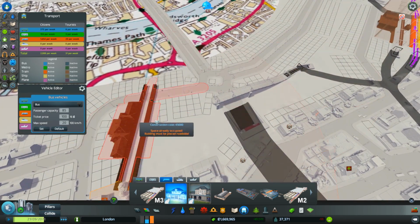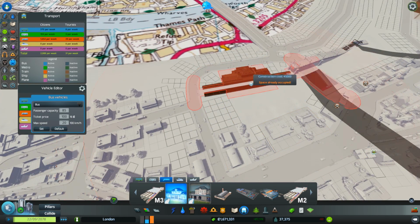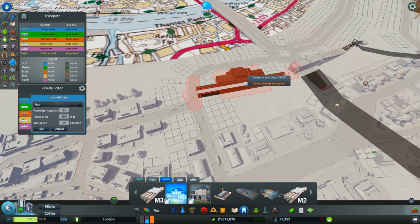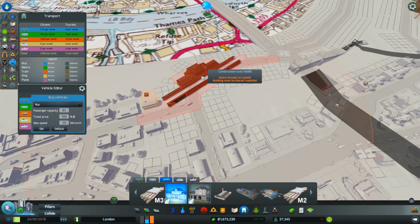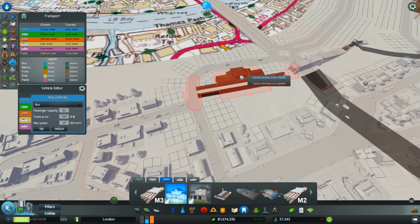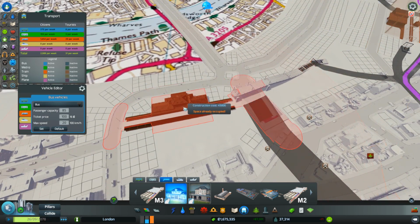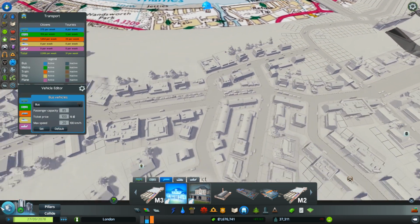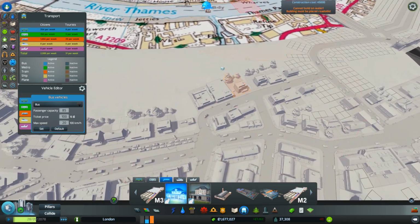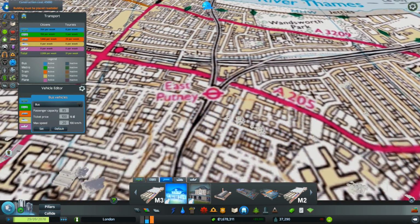So we may have to skip Wandsworth Town, which I've got to say kind of sucks. I would like to have these stations in here. The only thing I could do is run this over this, maybe. But we need smaller stations. We really do. Good God. Okay, you know what? This is proving to be extremely difficult. Let's go and have a look at...